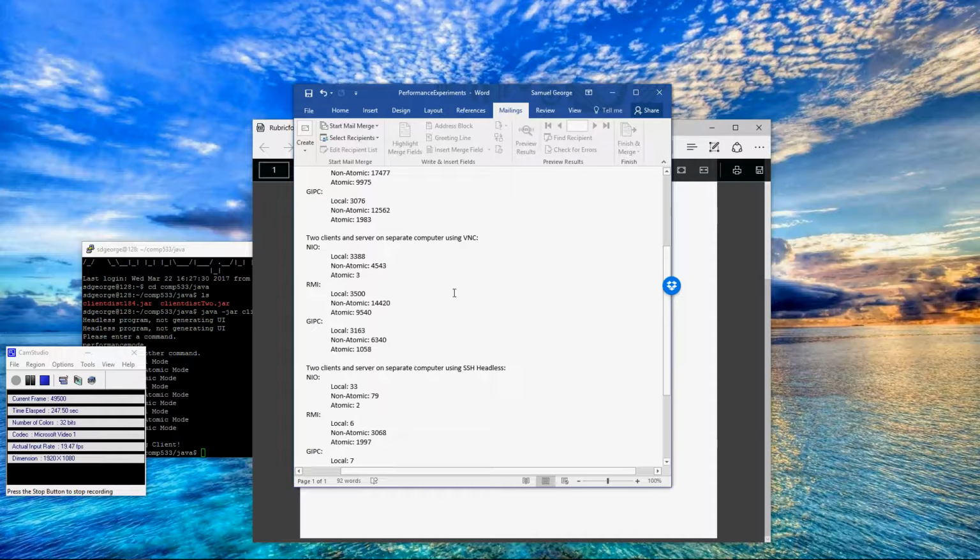You can just send all the commands, get all the responses back, and pass it off immediately, as opposed to having to do that in something like RMI where you're going to have to block. So it makes sense that non-atomic, particularly in this case, on separate computers, the time it takes for atomic is how long it takes to send all those messages and get their responses. It makes sense that that plus your local time ends up being about your non-atomic,